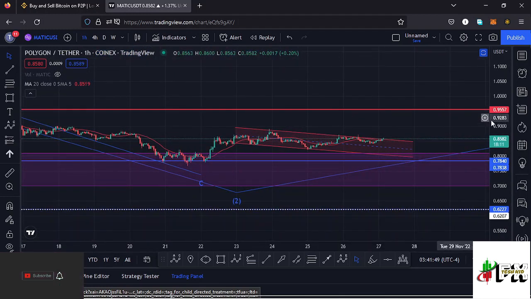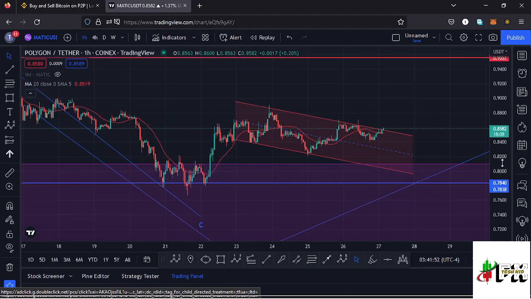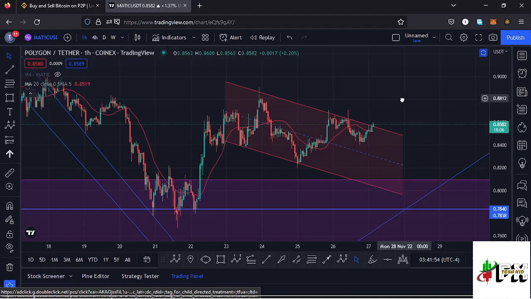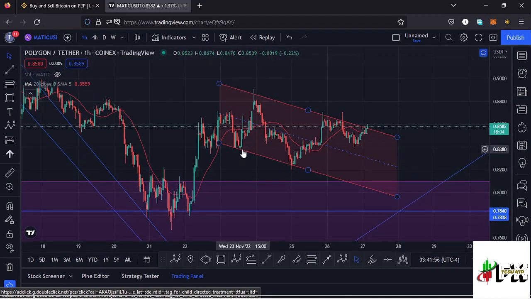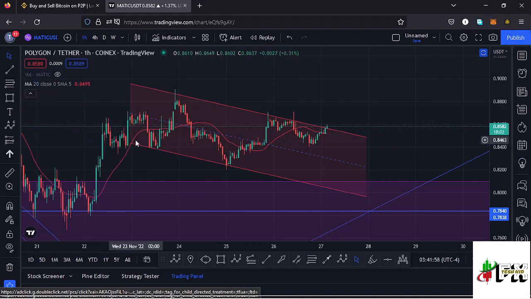So jumping to the 1-hour chart so that we can get some scenarios that can play out basing it on this chart pattern. You can see we have this channel that we have been trading within after making our high at around the $0.89 mark. We have been trading within this channel, and right now we are seeing a bit of a breakout